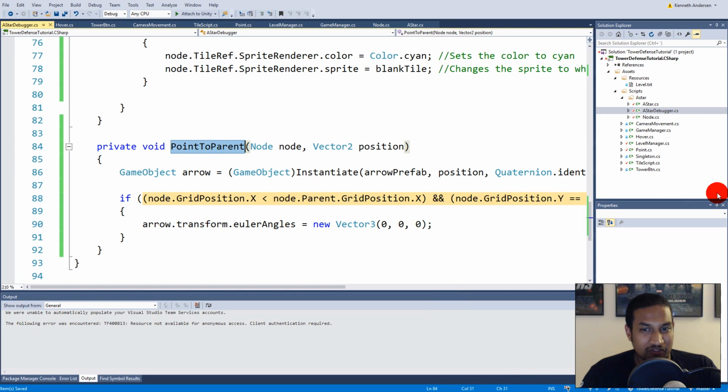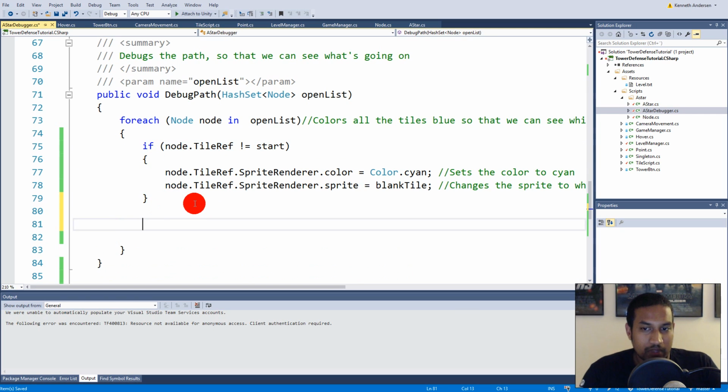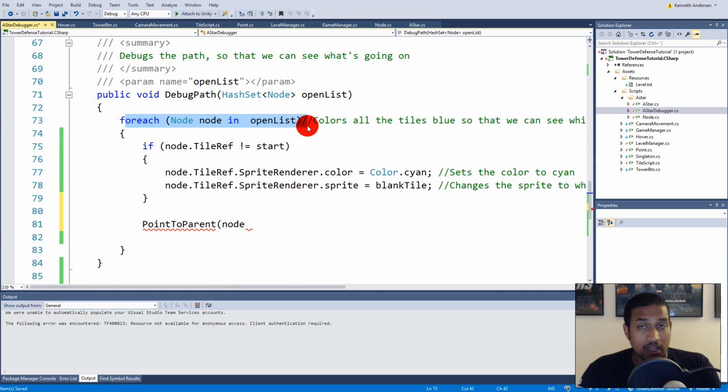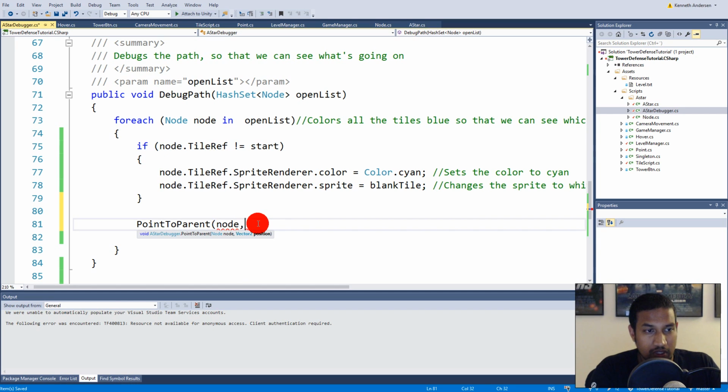We need to call this function somewhere, and where should we call it? Well, we can actually call it in the function right up here. And basically, when we have tested this, we can go down here and say point to parent, and we can give it the node we are examining up here, because this for each loop is running through every single node in the open list. So we need to reset the parents there basically. So we say point to parent, we give it the node that we need to use to point, and then we'll need to say the